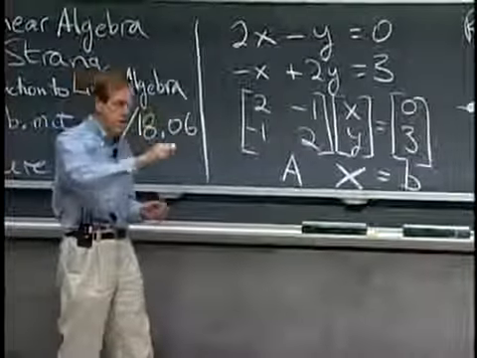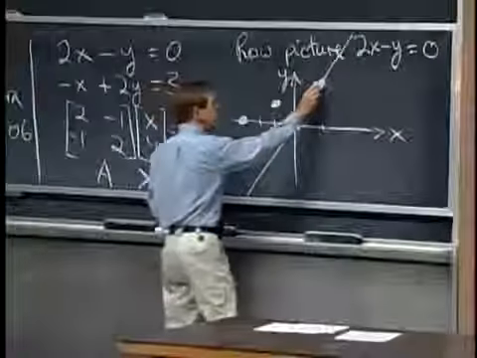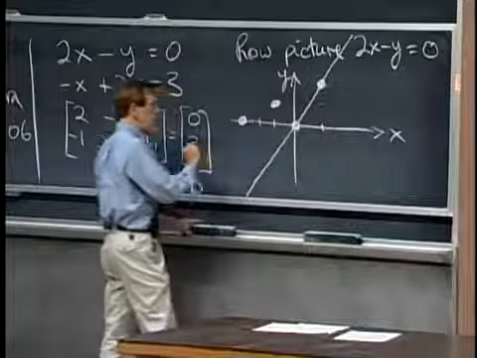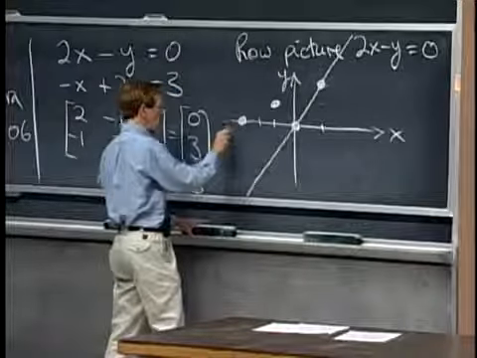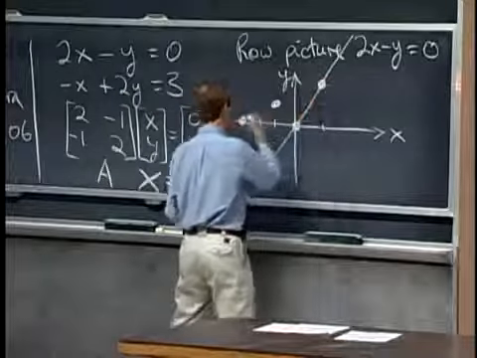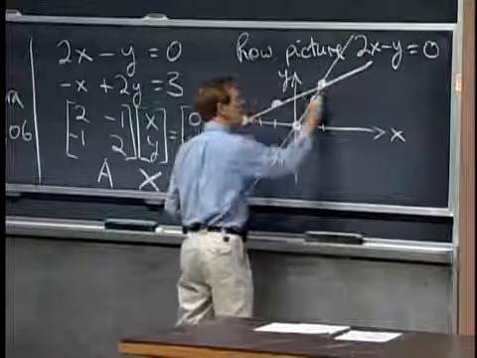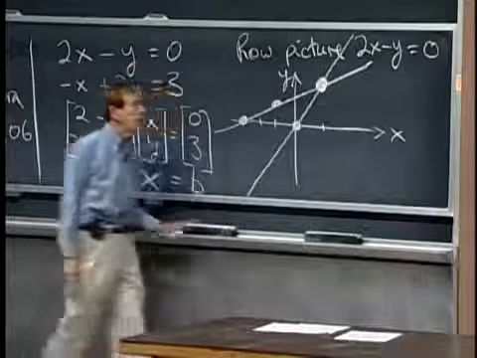Connecting those 2 points, that will give me the whole line. And if I've done this reasonably well, I think it's going to happen to go through, well, not happen, it was arranged to go through that point. So I think that the second line is this one, and this is the all-important point that lies